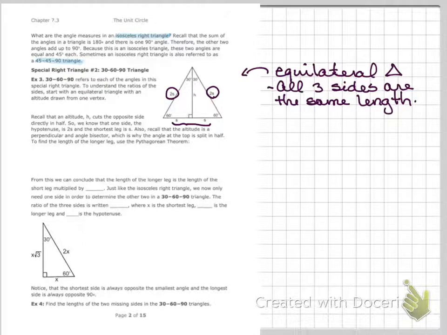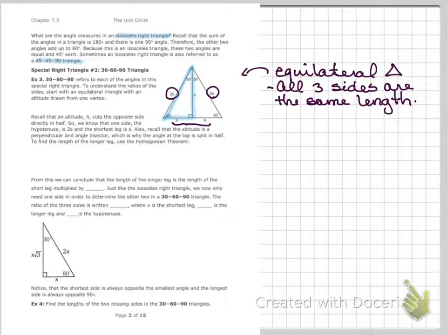It makes a 90-degree angle. We know that if the triangle is equilateral, it's also equiangular, which means all three angles are the same. So we divide 180 by 3, and we get 60 degrees for each angle. When we drop that altitude down, it cuts that 60 degrees in half, and we have two 30-degree angles at the top. So we are looking at just one of these triangles. Okay, we've got a 30-degree angle, a 90-degree angle, a 60-degree angle. And then we've got our sides labeled